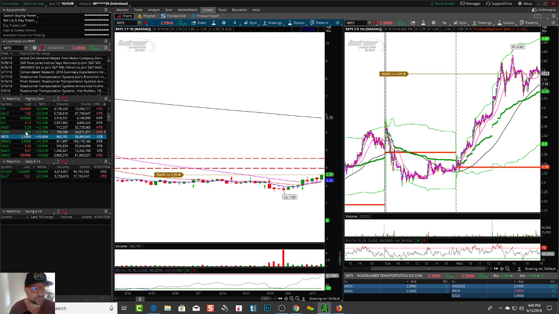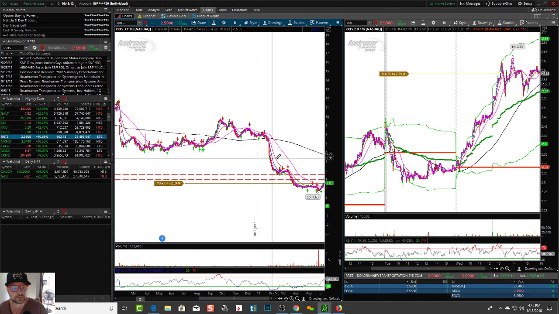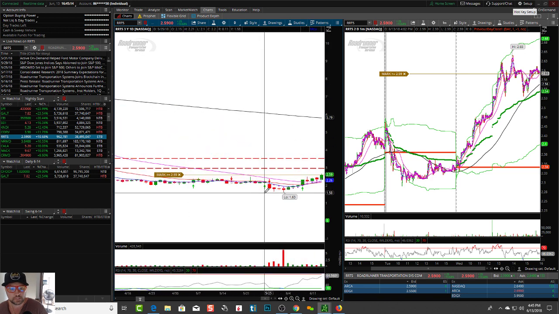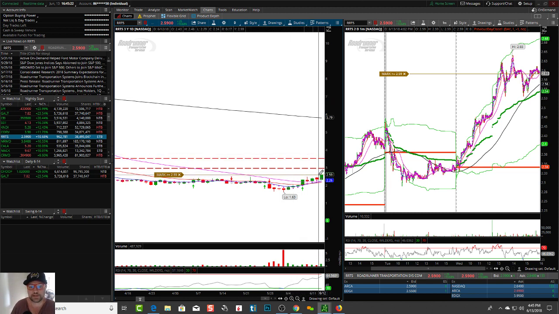Even though it's a smaller float stock, once it hits the scanners, then it's like game on, right? It's a garbage looking chart, nothing looking great, but it might sneak through and have a chance to make 30 or 40 cents on a slow grind, whereas the moment this thing hits trade ideas, it's over. It's going to be so hard to trade a pattern on it, because everybody jumps on and hits it.